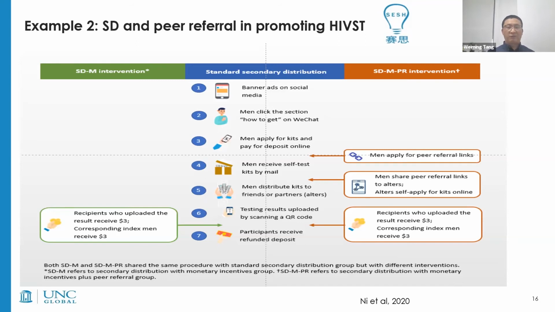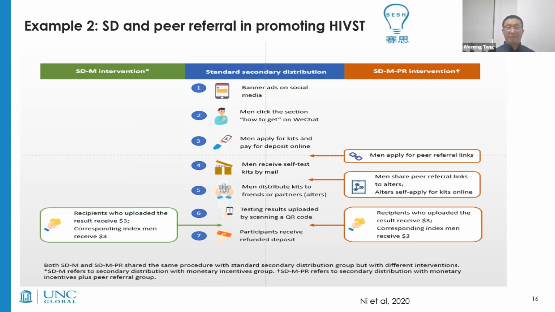It's actually the 3 as what I described before. It's a standard secondary distribution. In the mandatory arm, if participants, what I mean is authors, successfully promote an additional testing among authors, they can get $3 for incentive. In the mandatory plus referral arm, in addition to the $3 incentive for each promotion,